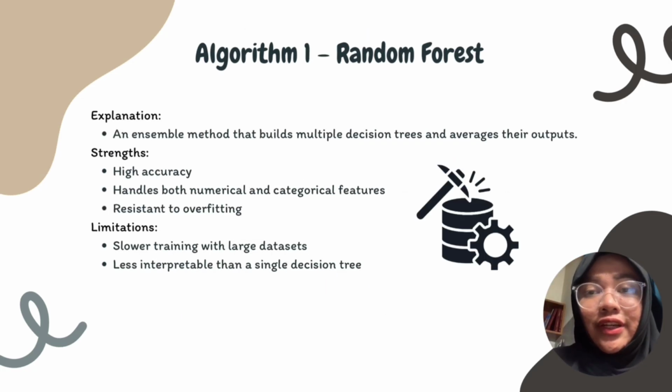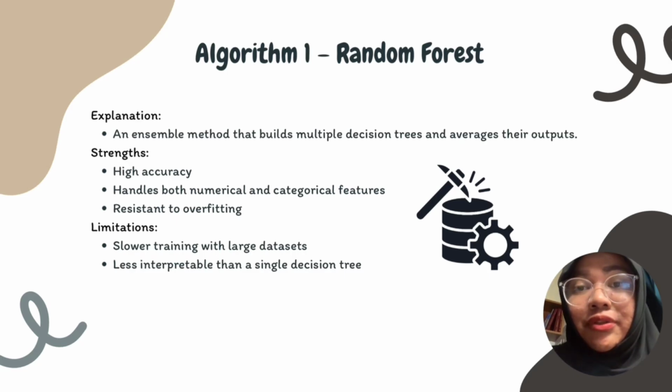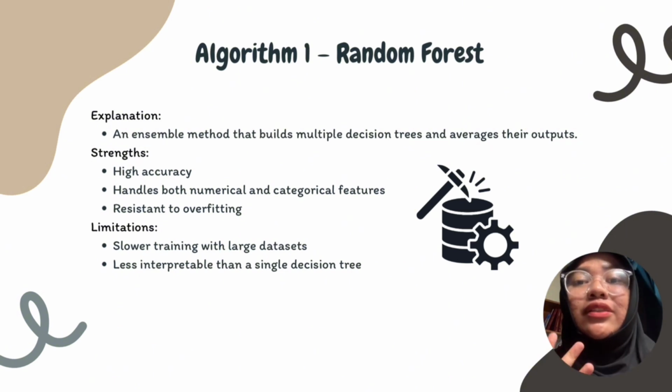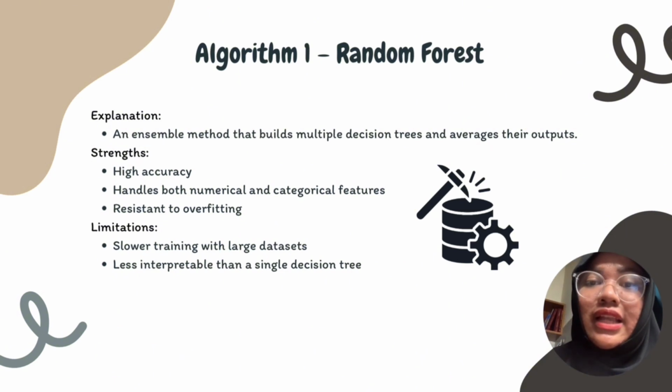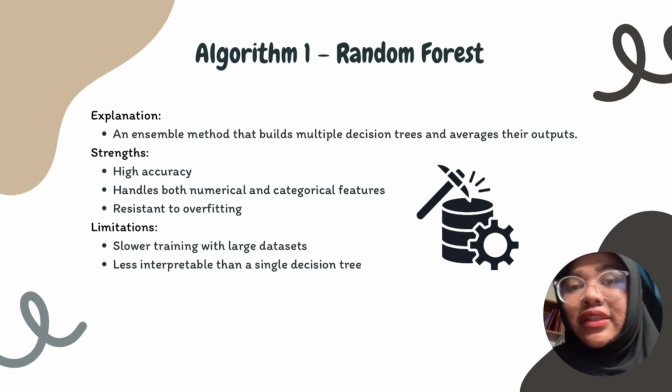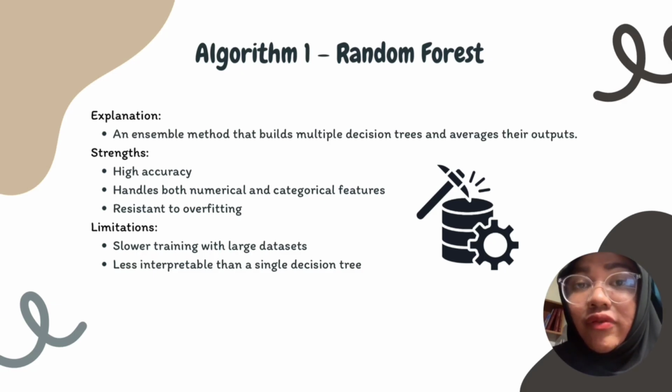So the first algorithm is random forest. Random forest is an ensemble method that builds multiple decision trees and combines their results. Its strengths include high accuracy, the ability to handle different data types, and it's less likely to overfit. But its limitations are that it's slower to train on a large dataset, and it's harder to interpret than